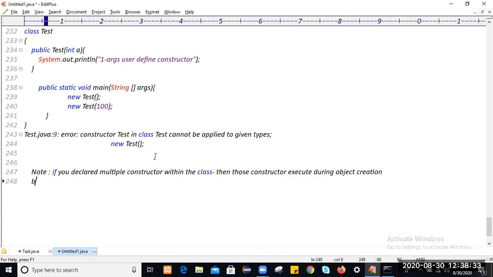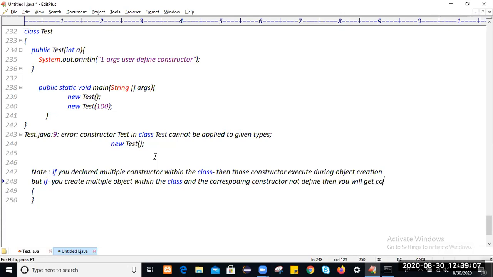But if you create multiple objects within the class and the corresponding constructor is not defined, then you will get a compilation error.